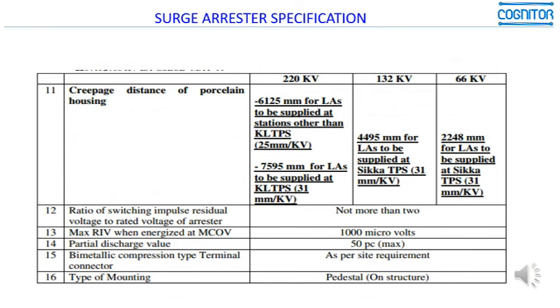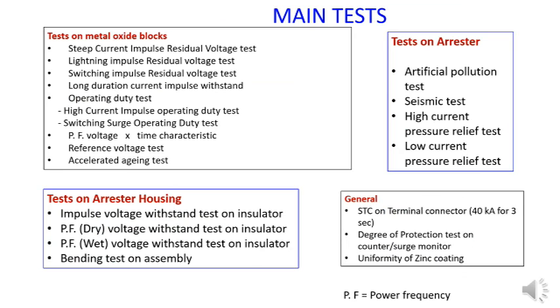And here some more of those specifications. As I explained before, here is the complete list of the main tests applicable to surge arrestors, and you see that you have a very big amount of tests representative of all the overvoltages that should appear, tests related to the arrestor, to the arrestor housing, to the metal oxide blocks. It's an extensive list of parameters that should be checked along all of these tests.